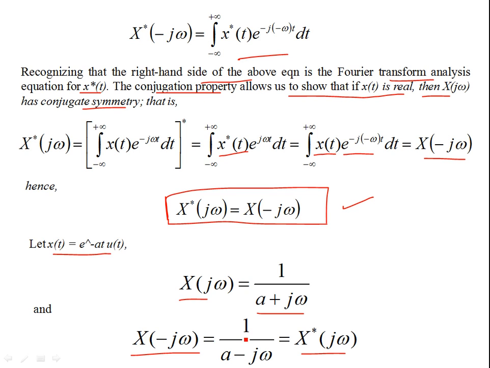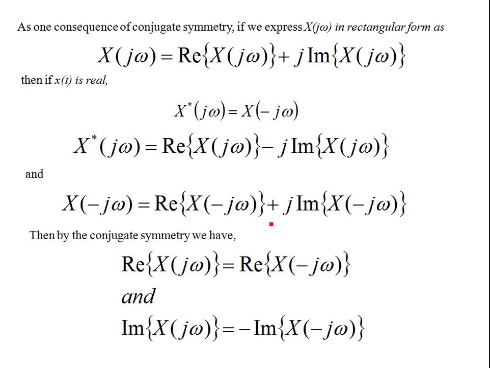So this follows from the conjugate symmetry property of real signals. You see, this is a real signal, so for a real signal there is a conjugate symmetry. That is, the conjugate of the Fourier transform is X of minus j omega. As one more consequence of conjugate symmetry, if we express X(j omega) in its rectangular form,